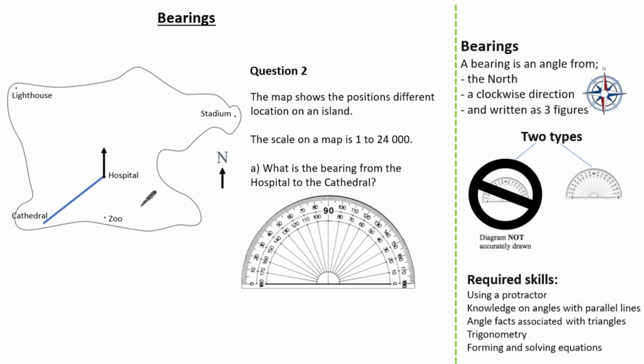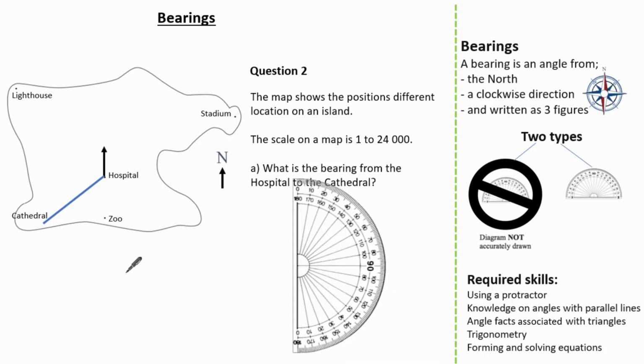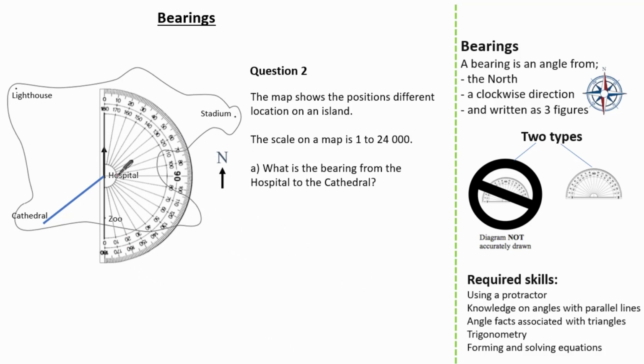Getting our protractor ready and lining it up just like before, you may notice that my protractor doesn't let me go all the way around to measure this reflex angle. So you have two different methods. You can make a note of 180 degrees and then measure this angle, or alternatively, you can measure the anti-clockwise